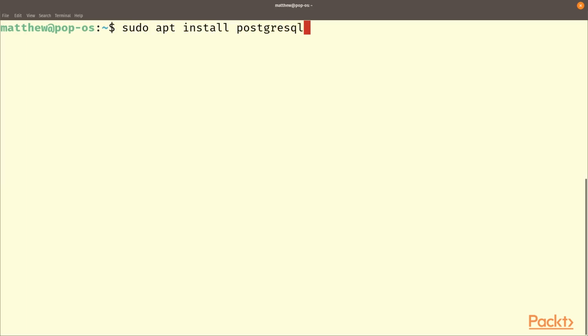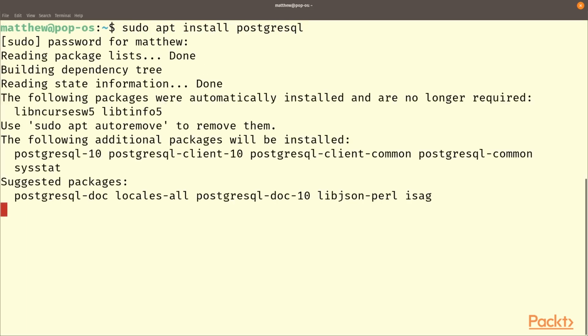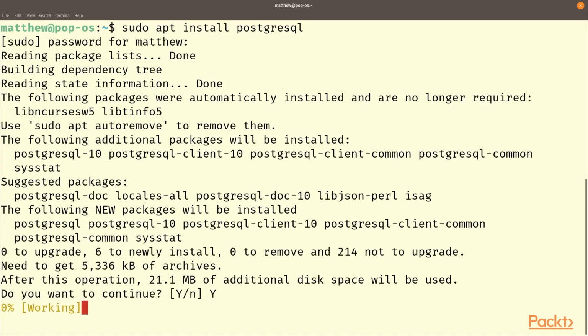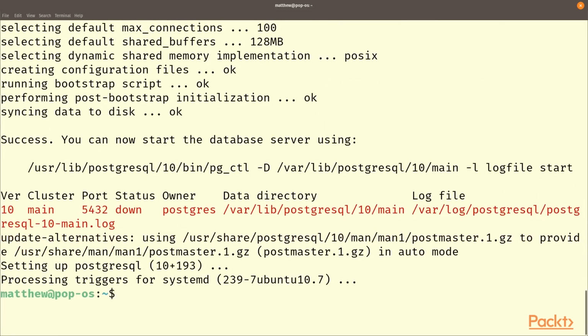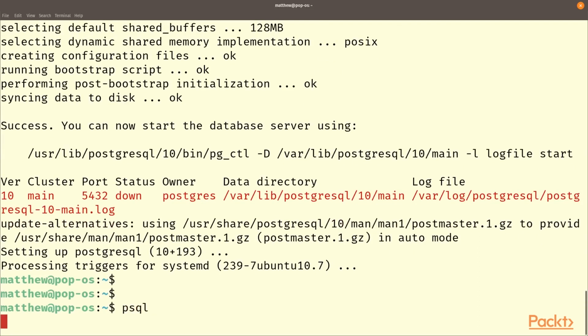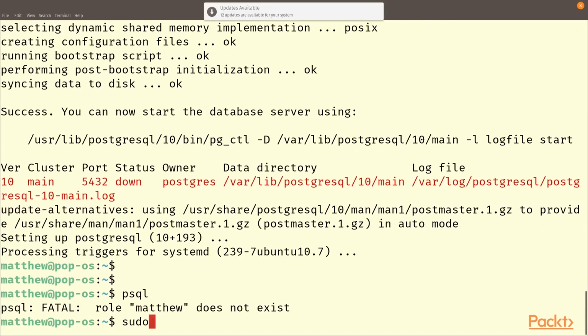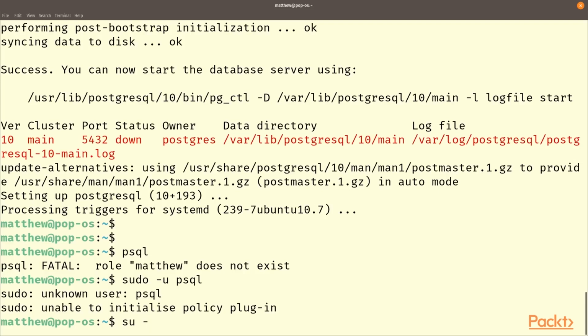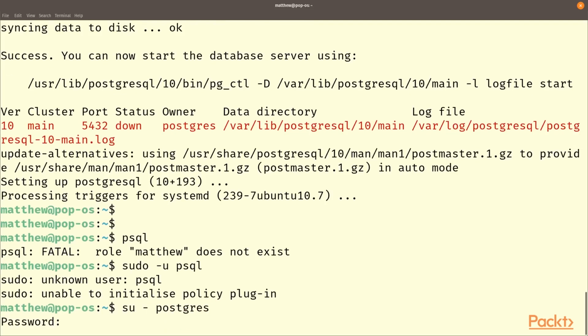On Linux, you can just generally do an apt install of PostgreSQL, and it will take a little while to install. And then the program you can use to log in will be psql. But if we try and do that directly, we will get the error, role Matthew does not exist. That's saying it's trying to use our role login to Linux as our login for psql, but we haven't created